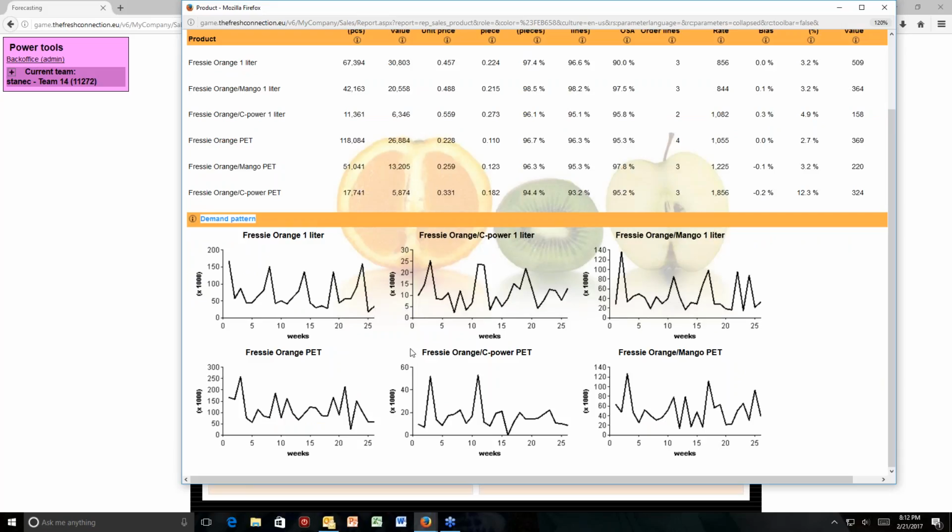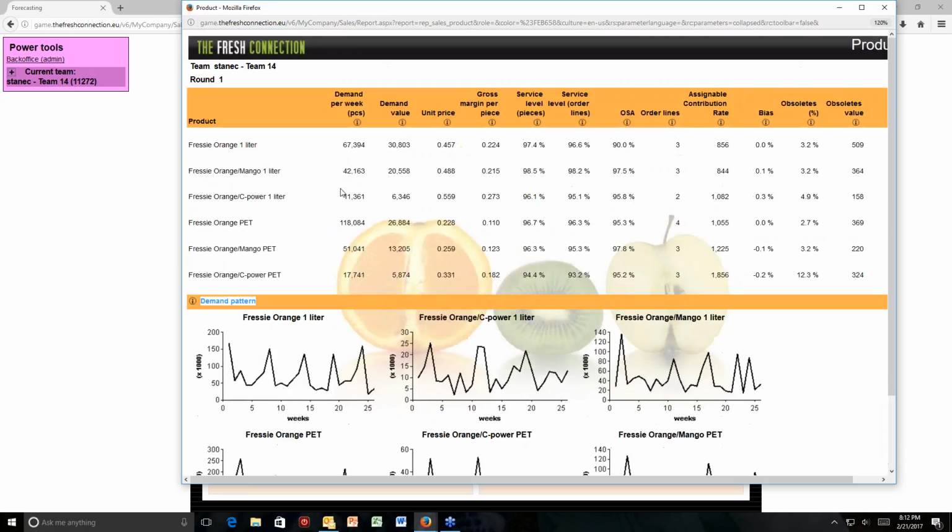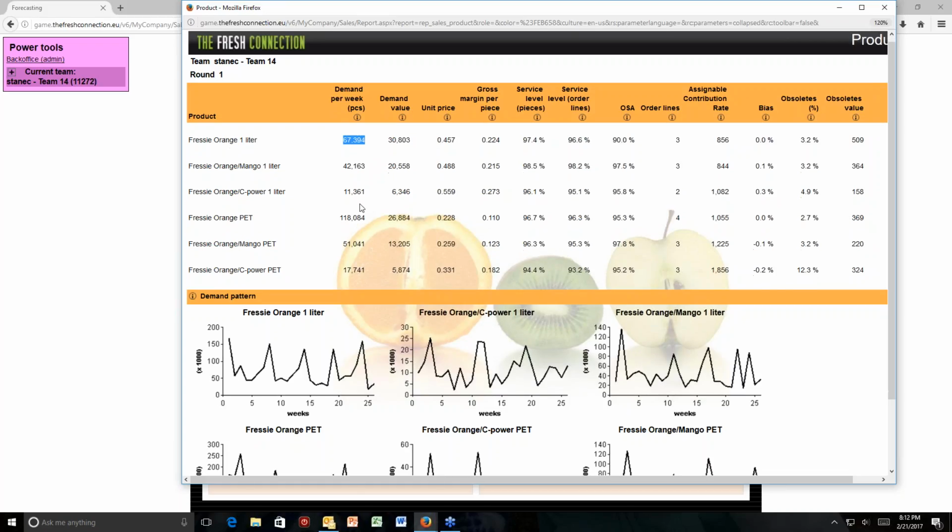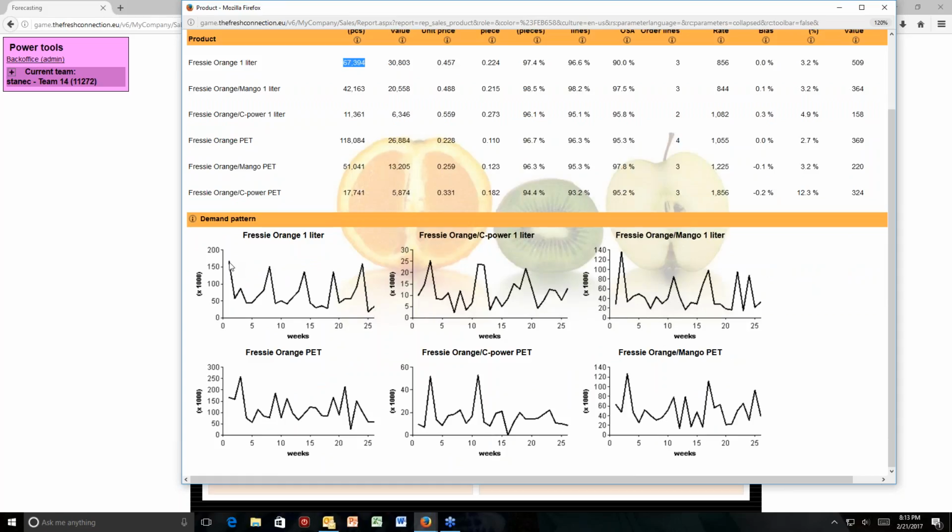So your average demand for Freshie Orange 1 liter looks like 67,394 per week on average, but you can see it varies from 160 or 70,000 down to something around 25 or 30,000 in the most extreme. Okay, so